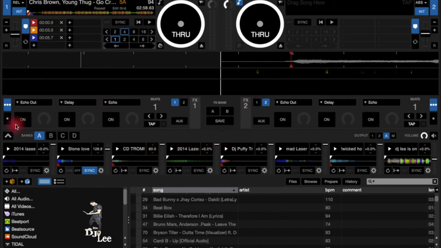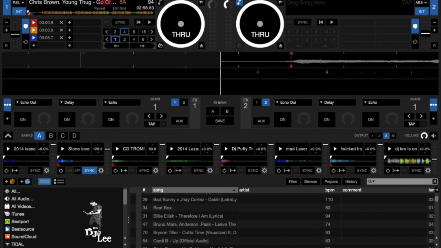You can change how that looks also. Feedback is there, loops, HPF, cutoff, high pass filter, which is what that means. You can change how many beats that effect works for. There's a lot of cool things you can do with Serato. Let's exit out of that.